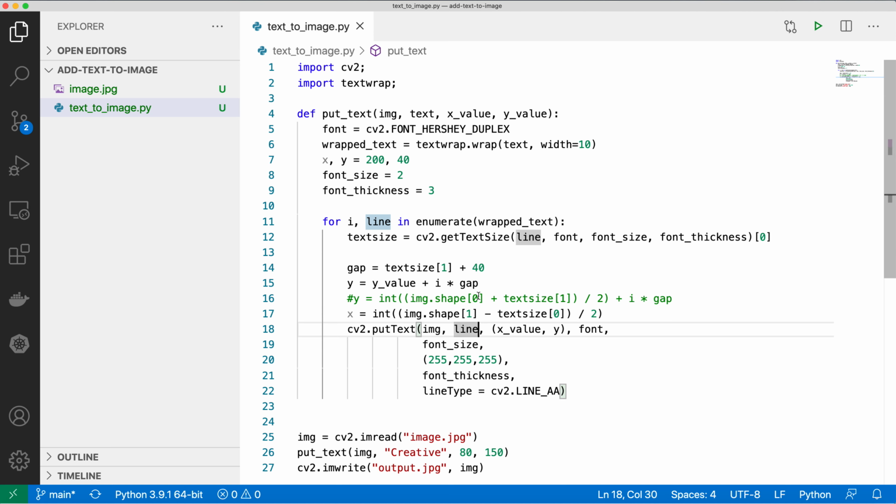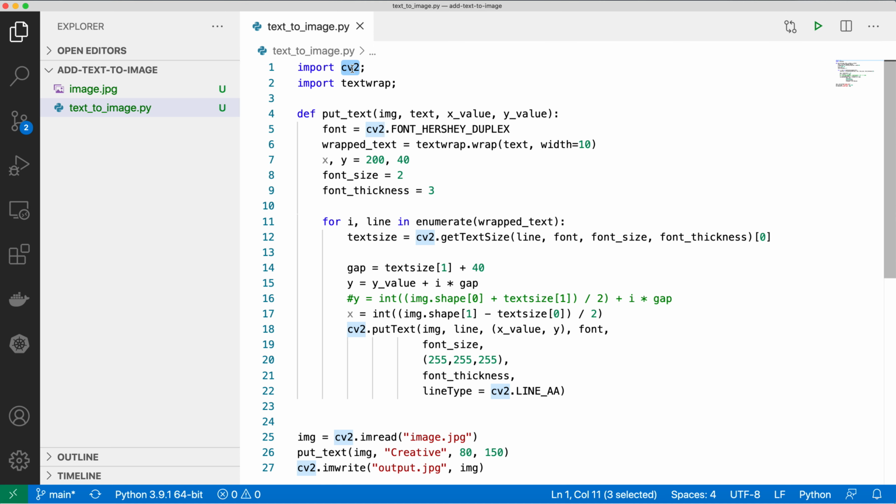In this video we will learn how you can add any text to your images. So we will learn basically about image processing, adding text to images using Python. In this module we are going to use the CV2 library and textwrap. Textwrap is for when you have one long line and you want to wrap it into multiple lines, then textwrap will take care of that, and CV2 will take care of the image processing, writing the text onto your image.